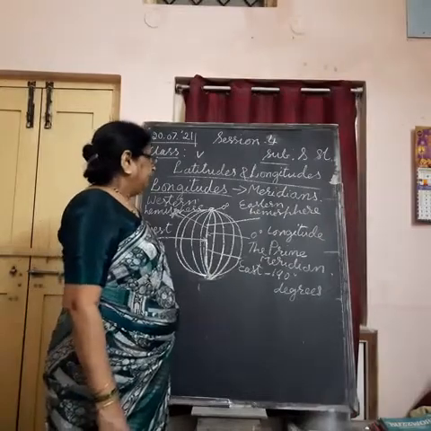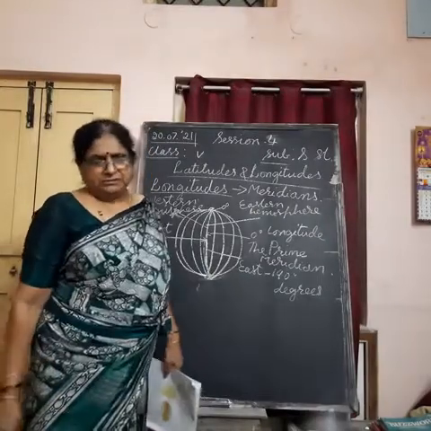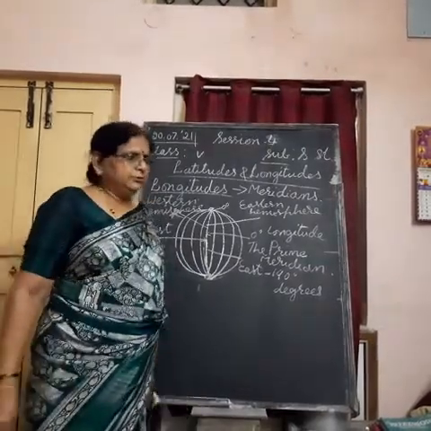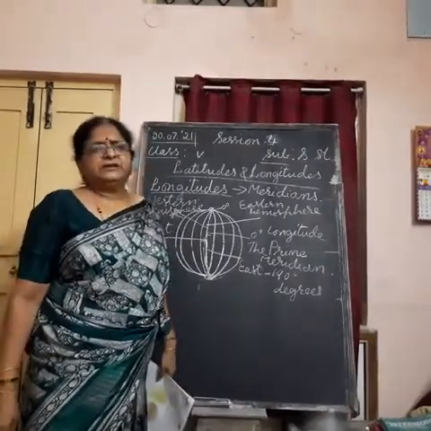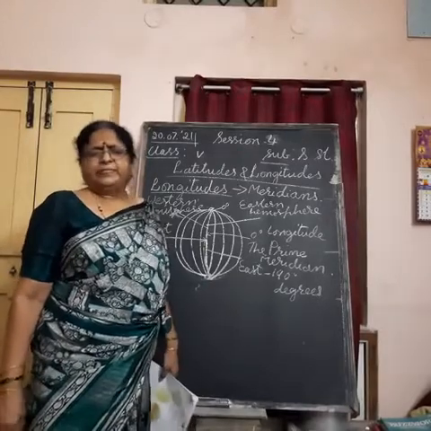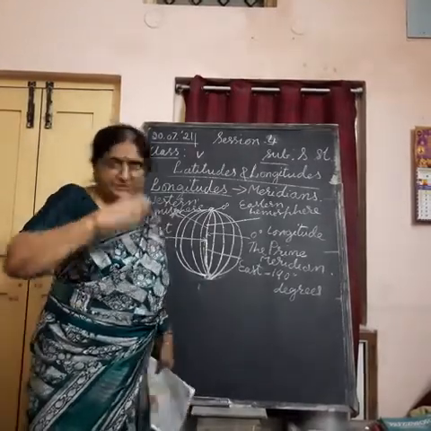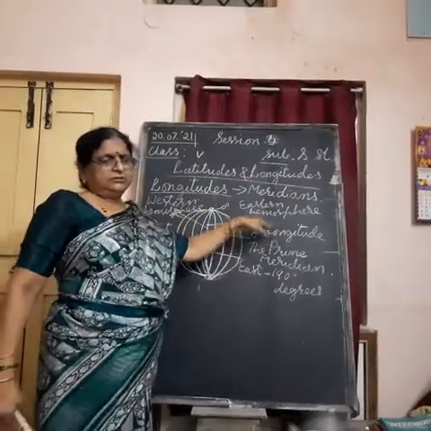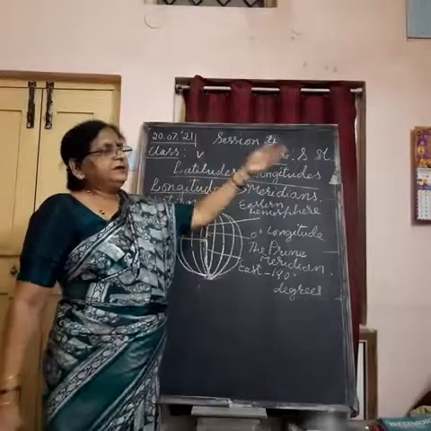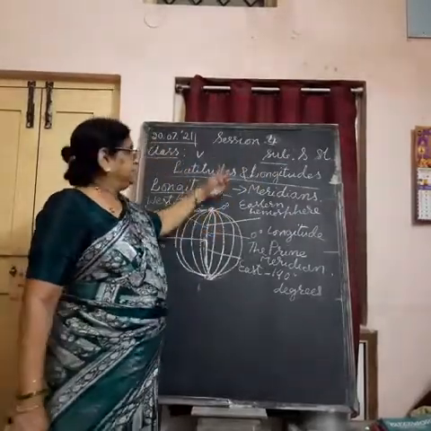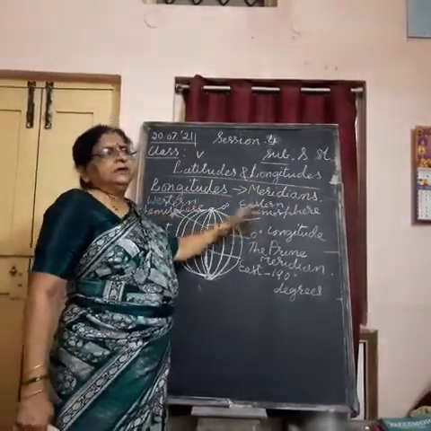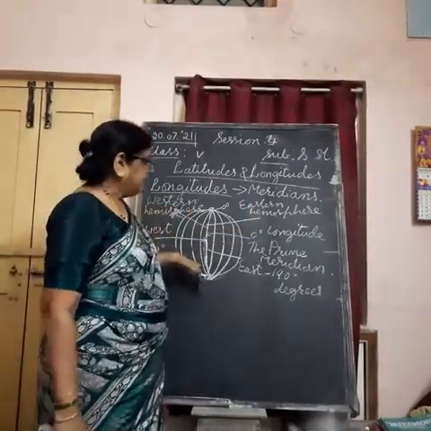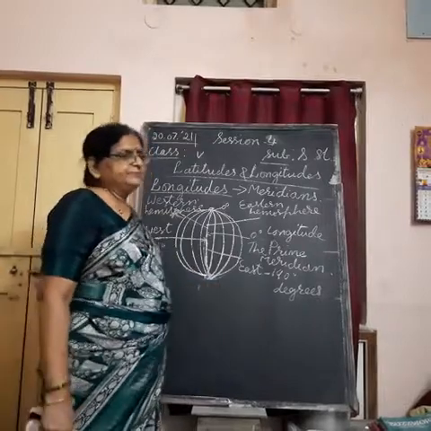Okay. And what is special about them? What are their features? As we just learned about the features of the equator and latitudes, they are complete circles. And they are parallel to each other. They don't cross each other. They don't meet at any point. And their total number is 180 degrees. And one more thing to tell about the latitudes is they determine the climate of a place. Understand?